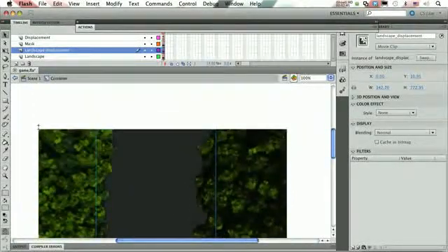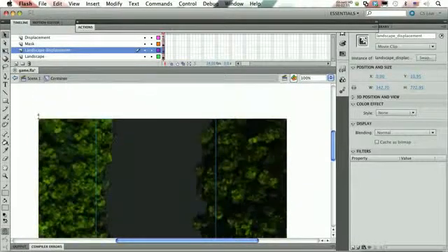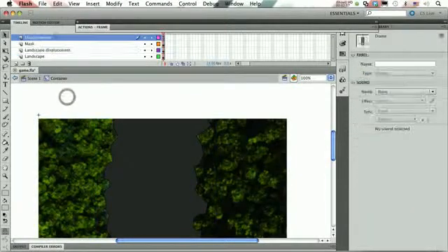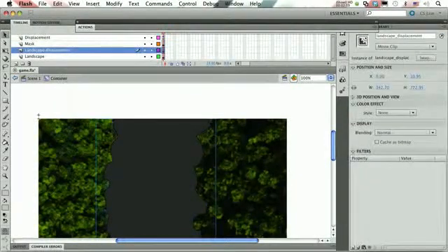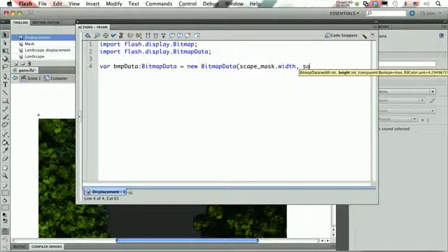So having this be any bigger than it has to be, we would actually slow it down, because this PerlinNoise and displacement map is quite an intensive process, so we want to keep it as small as possible. And even this might be too big for some people, but anyway, we'll go and create it as it is. So we have scape mask and scape mask height, so width and height,